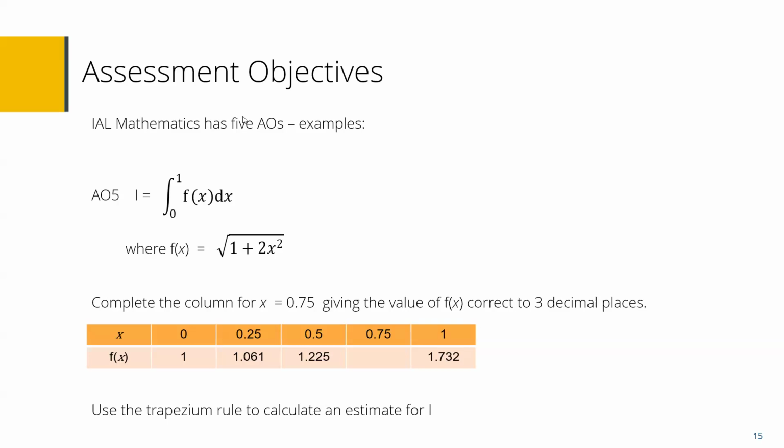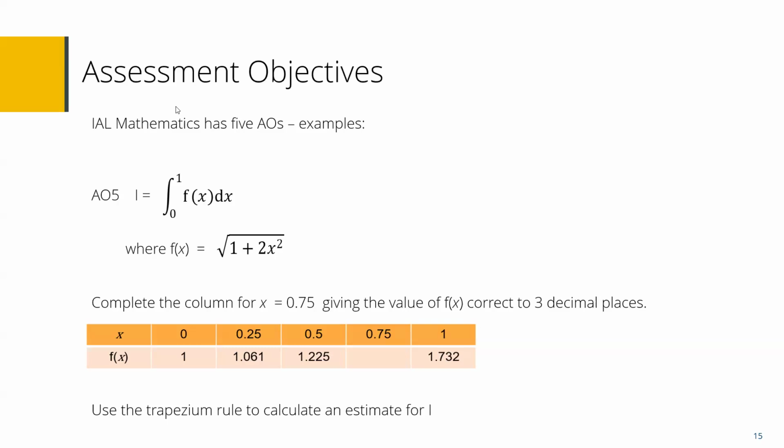We should note that only the value of f there is required to be calculated, that one value. But again, it's the process that goes into students' minds and how they put that together, or the fact that they have to use the calculator, that makes this an assessment objective 5.